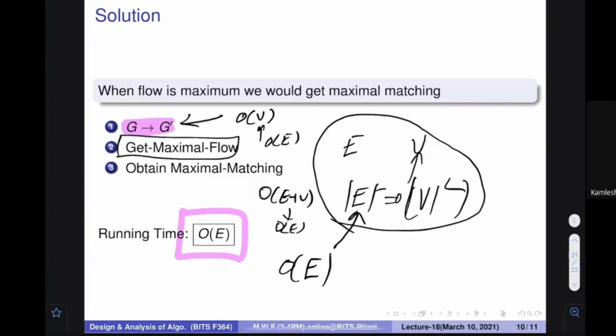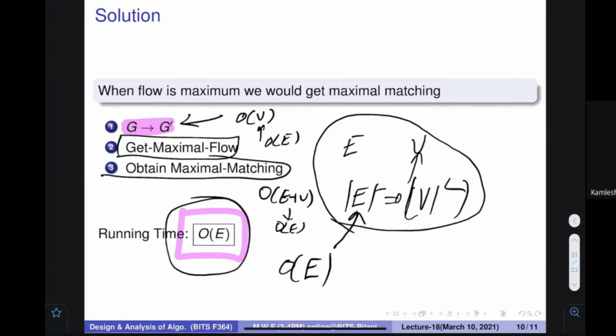This takes order of E time, and this conversion also takes order of E time. So the total time is order of E. Okay. Hope it is clear to you. Very easy algorithm. So once again, it's a very simple and